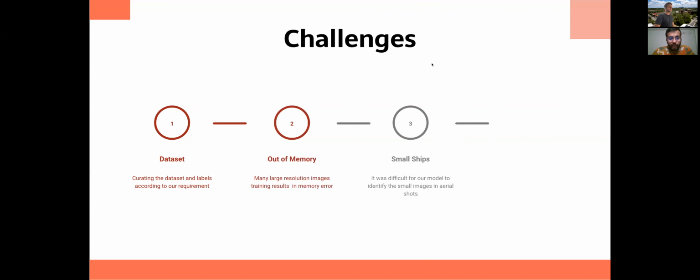So in order to tackle that issue, we tried to resize the image into a smaller dimensional image, due to which the small ships converged to a single point, or very small objects, which our Faster RCNN network is not able to detect. Then at the last, we tried out different parameter tuning techniques and also did a comparative study of different backbones such as ResNet 50 and MobileNet V2.